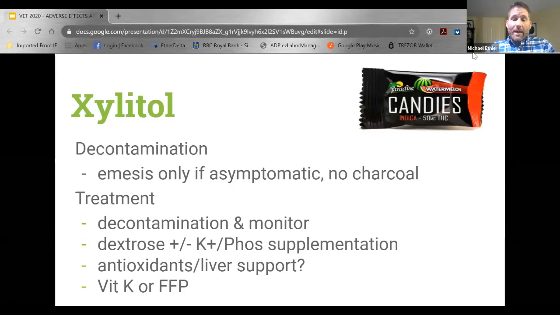Interestingly enough, it's still recommended to give antioxidant support for patients with severe or high dose xylitol exposure. So we're talking SAMe or Denamarin as oral equivalents, or N-acetylcysteine as intravenous supplementation. Yet there's actually no scientific evidence that's proven that it is beneficial or not. With that said, there's also no evidence to say that it's harmful to these patients. So you're still likely to see those recommendations in the literature or by poison control. It's not wrong to do it. Just recognize it may not be having any benefit. So if there are cost concerns, I probably wouldn't put my resources into that,